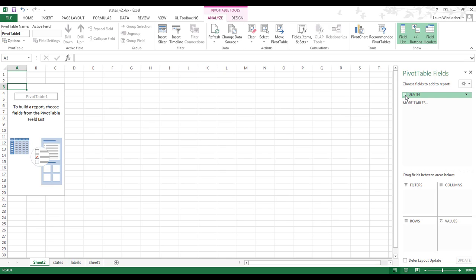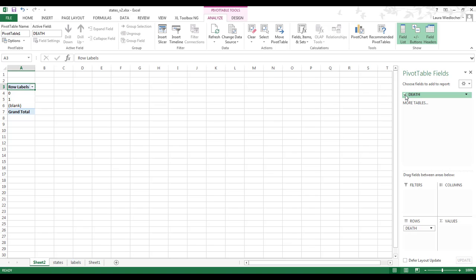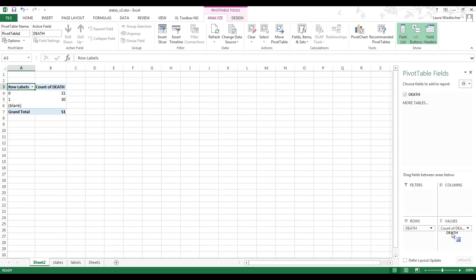So the first thing you're going to do is check the variable, like, yes, I'd like to see this information. And then we're going to click on this and drag it down here to values. So now we can see it puts up a count. Now we can see that there are 21 states that do not have the death penalty and 30 states that